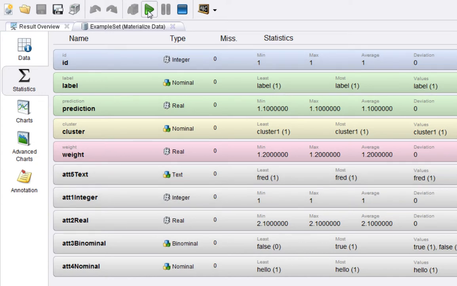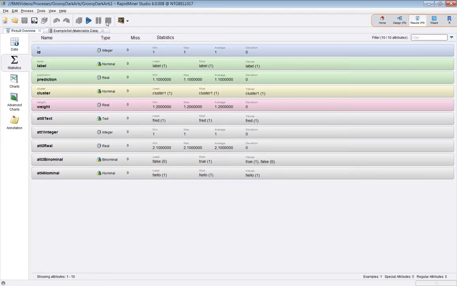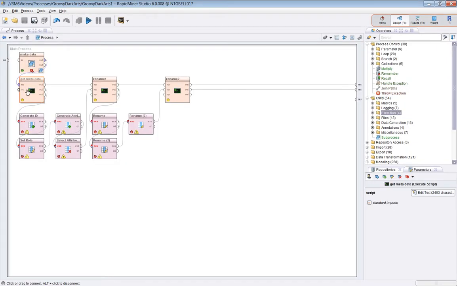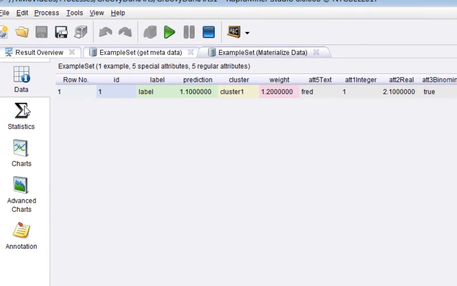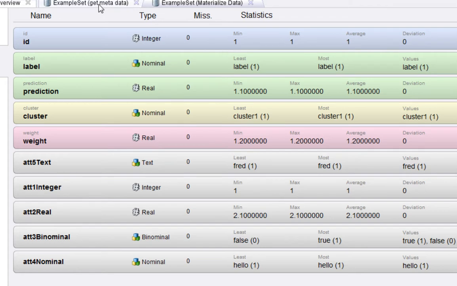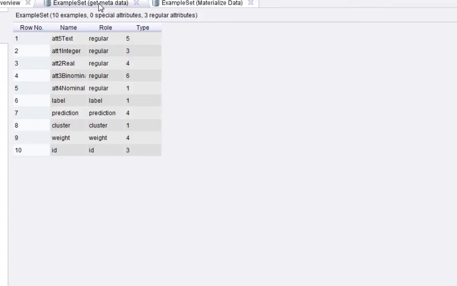And what I'm going to do is run that through this first script here, and rather than look at the script initially, let's just look at the output from this execute script operator. Here's the execute script operator, and you basically define a script in this by clicking this button here. We'll look at this in a minute, but let's just run this operator and see what output we get. So here we are. So here's the original data, here's the metadata for it, and as you now see, there's now a new example set that's been created, which if we flick between